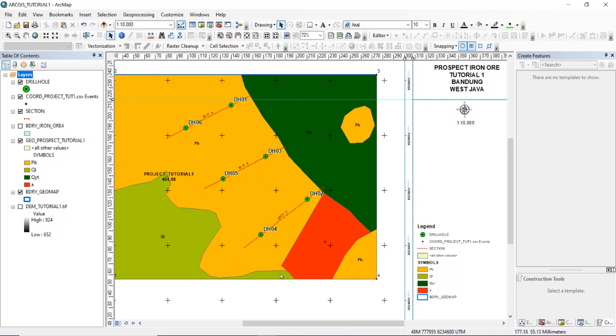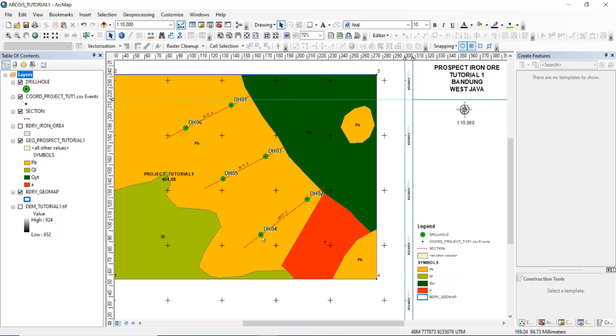First we must check the data available in this project. First is geology mapping, and then drill holes, 1, 2, 3, 4, 5, 6 drill holes. Random drill holes.